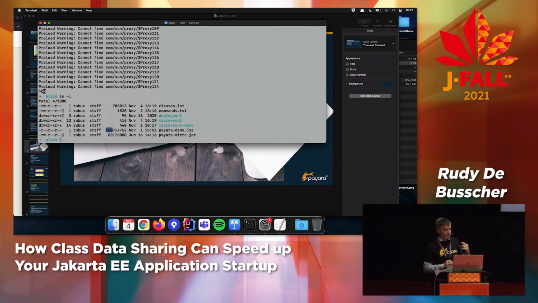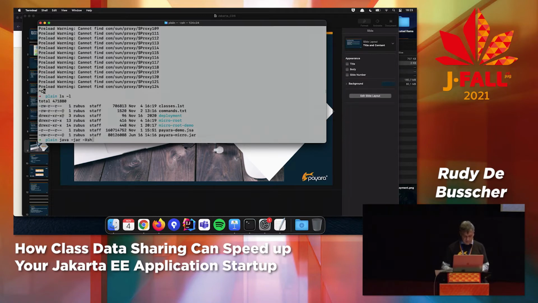In OpenJ9, and especially in JDK 17, by default the JVM is left out of that, because the JVM itself already has such an archive file, and with JDK 17 you can use multiple archive files to combine them in memory. But now that we have that archive file, we can start up Payara Micro with our application,